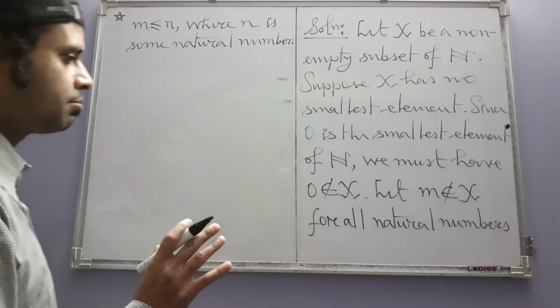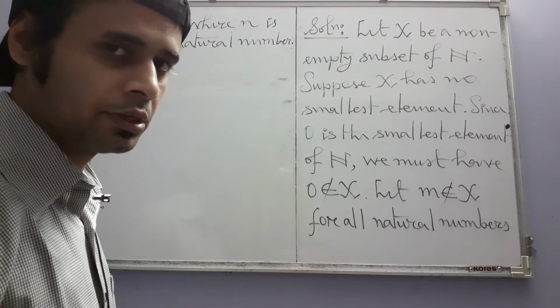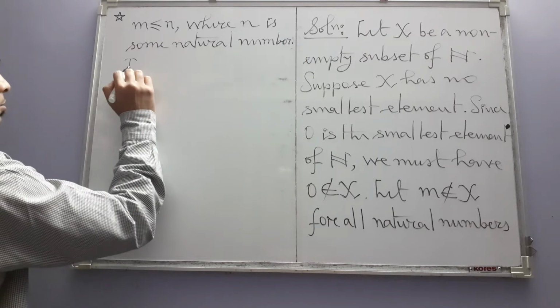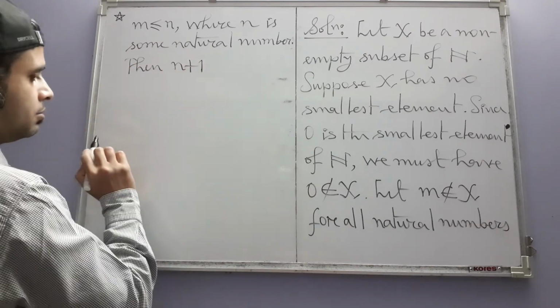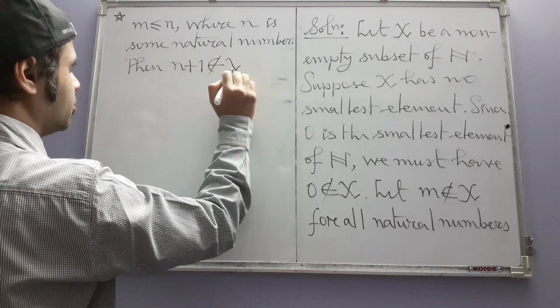That means n is some arbitrary but fixed natural number, the way we make the induction hypothesis in strong induction. Then n plus 1 also does not belong to X,